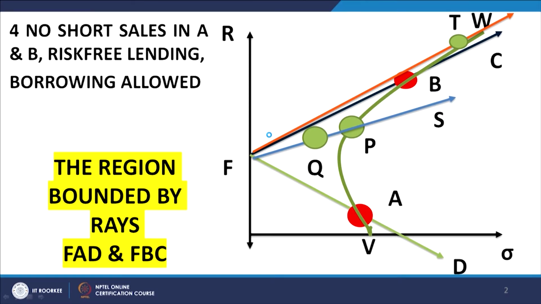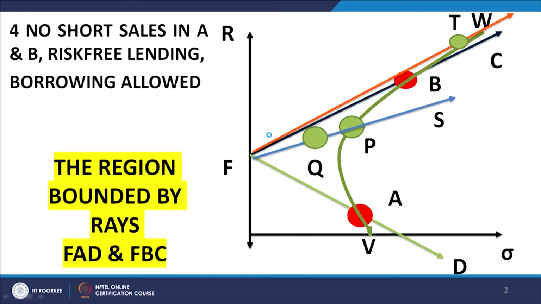Obviously, it would include the lines FB and FA and the AB, that is very much apart because all three securities are long in this region. So, it will include FB, FA and AB, but because you have risk free borrowing also, the lines BC would also be admissible portfolios, and similarly the line AD will also be admissible portfolios, because along BC